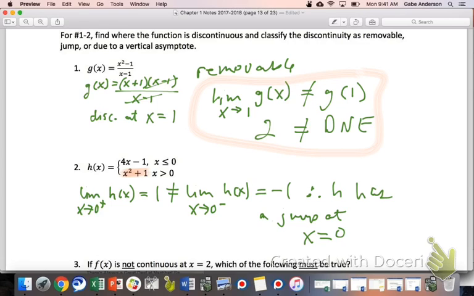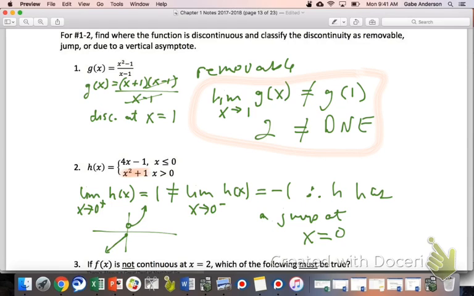Non-removable. If we looked at a graph of this, let's see here. We'll sketch it out best we can. So to the left of 0, it's 4x minus 1. So something like that. And to the right of 0, it's the parabola x squared plus 1. So the graph looks something like that. So there's a couple ways to look at the whole